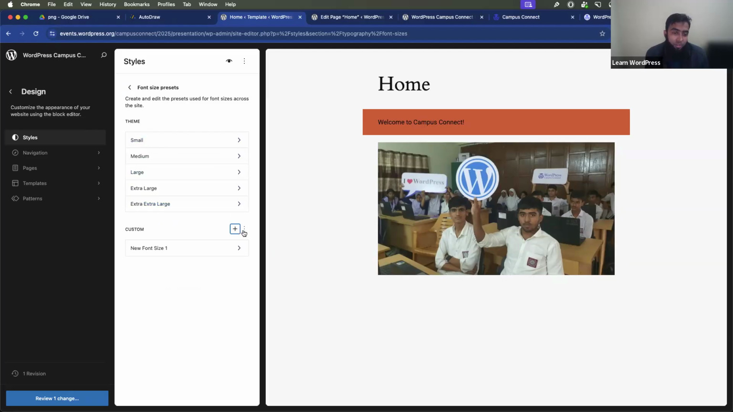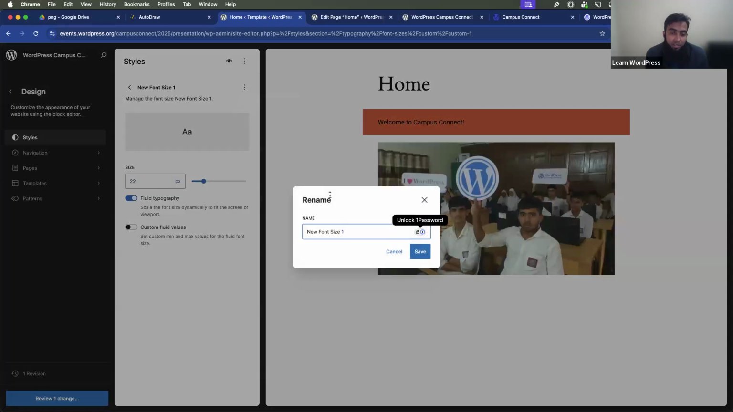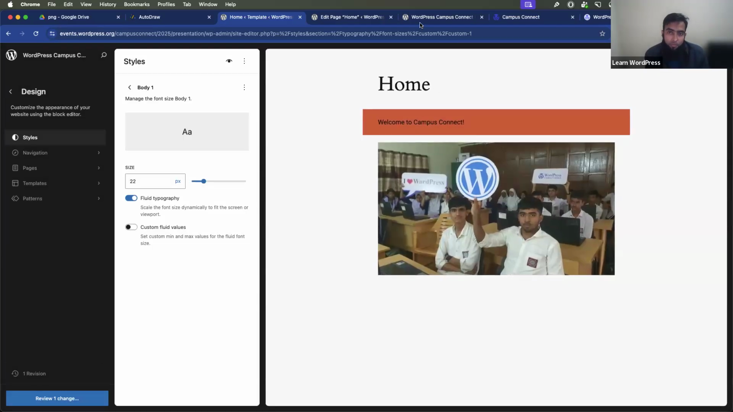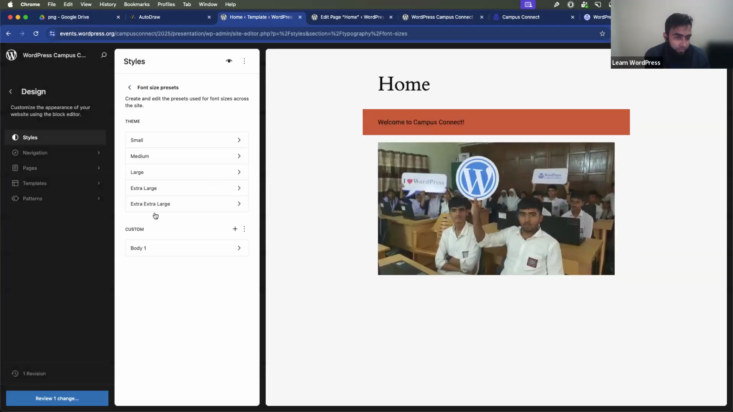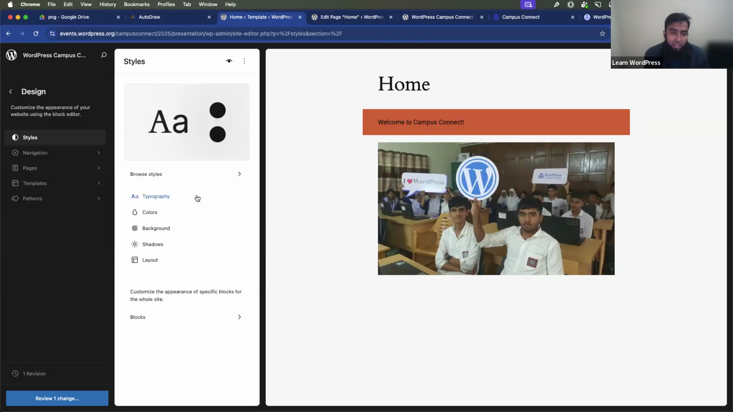Like I want to add a font size, let's add 22 pixels, and let's rename it to body 1. So you can see a custom font size is already added here. So this way you can add typography and font styles on your system. Later you can use these font size variations, fonts, and other things in your design. And then you need to add a few